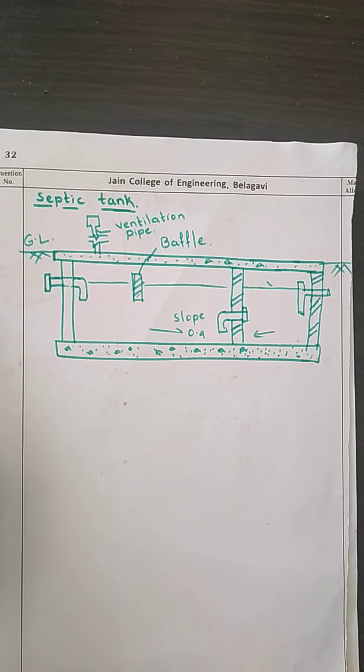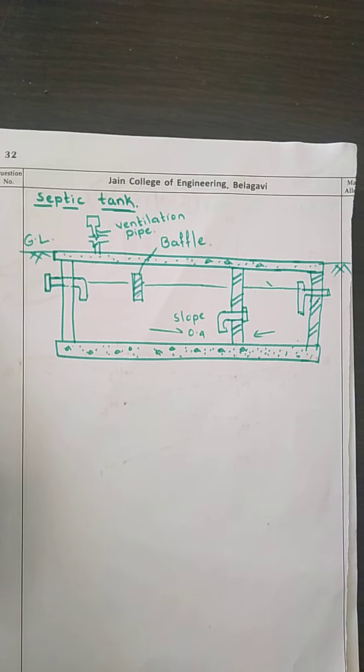It is going to take place in an anaerobic condition, assuming that 60% of the solids are going to be removed as fresh sludge, and 70% of the waste material will be volatile in nature. Now we are going to talk about the detention time. For a septic tank, it will normally be higher. Here we are going to have a detention period of around 24 to 48 hours, that means 1 to 2 days.